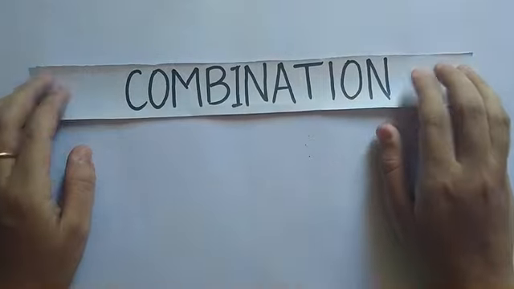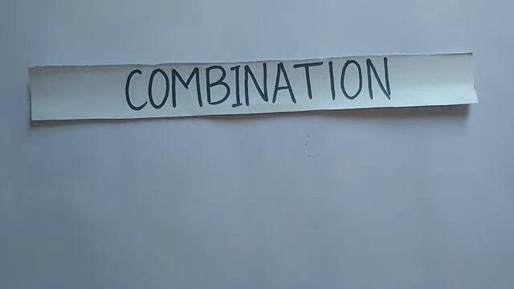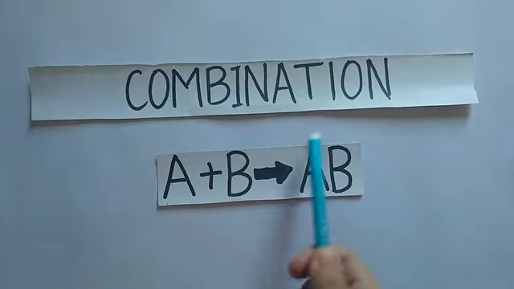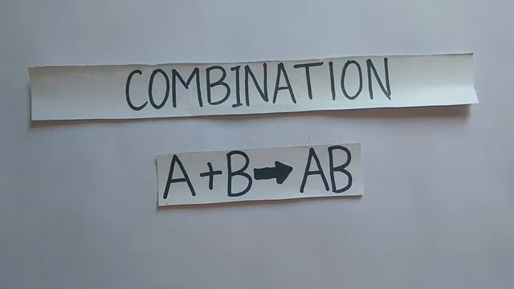Now let us talk about the first type of chemical reaction, that is the combination reaction. So what exactly happens in a combination reaction? Let's take the example of A combining with B to give us AB. So look clearly, what do you observe? There are two reactants forming only one single product. So this is the definition of a combination reaction, where a single product is formed from two or more reactants.